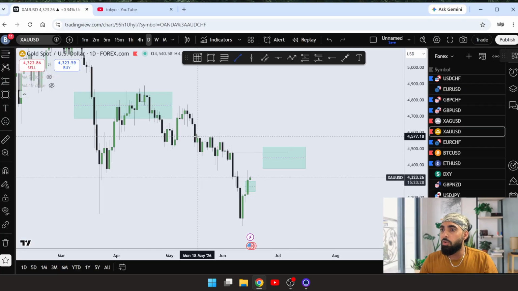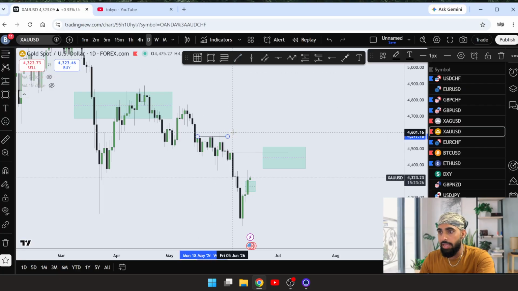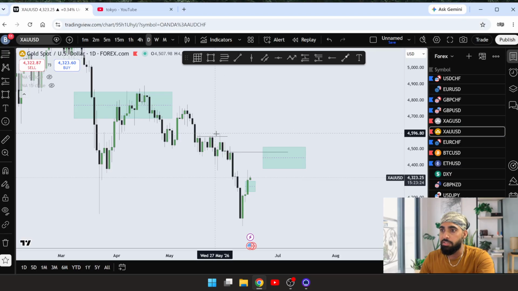See, the market has already taken these highs, and it has already swept this high. That means liquidity above this high has already been taken. But below this, there weren't any major highs that have been taken. So what the market can do is form some liquidity here. It can retrace to this bullish fair value gap, then from there it can be bullish.